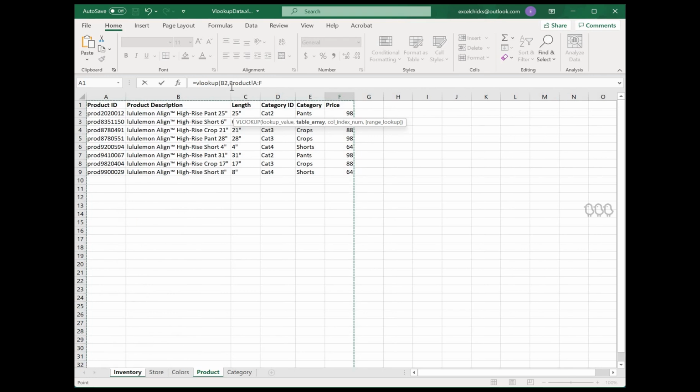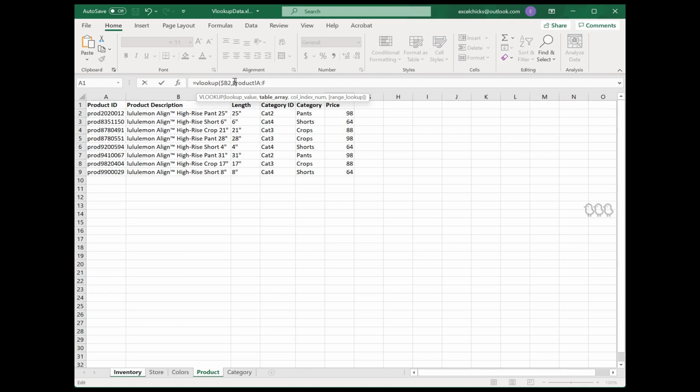In this example, because we're always going to be using product ID, I'm trying to be a little bit forward thinking here. So I'm going to make my product ID an absolute reference for the actual column, but not the row. And that's with the $ in front of the column, but not the row, which is 2.